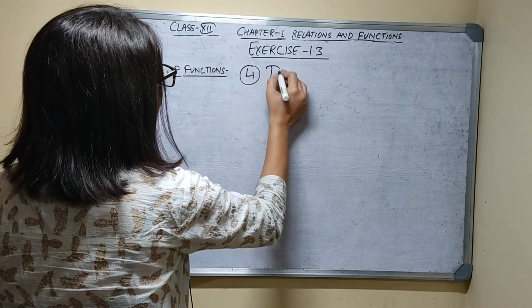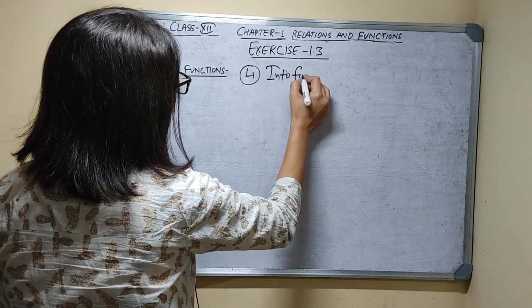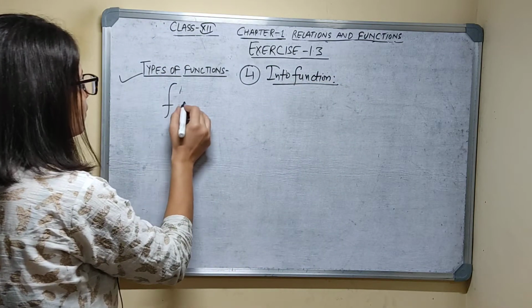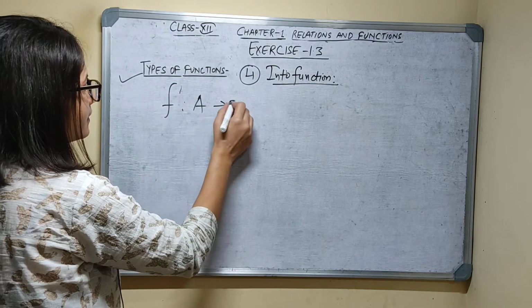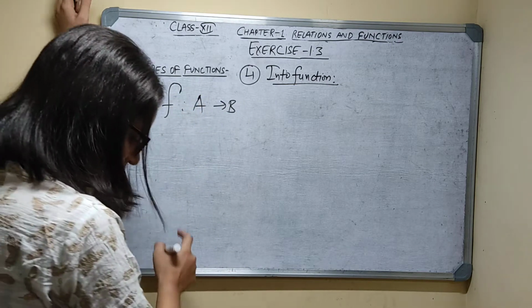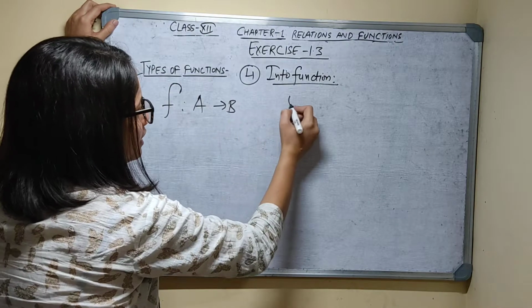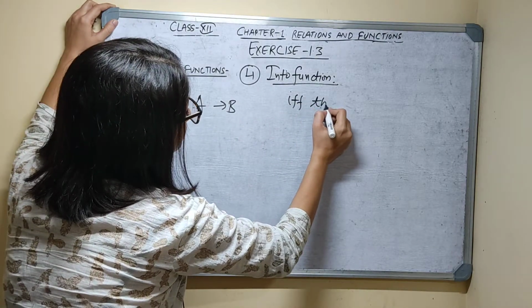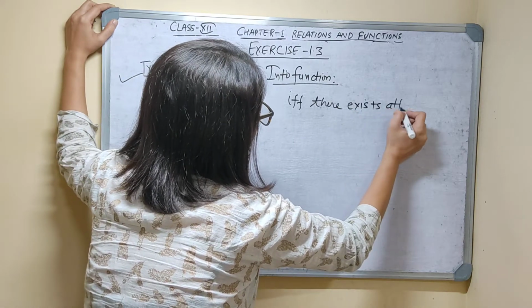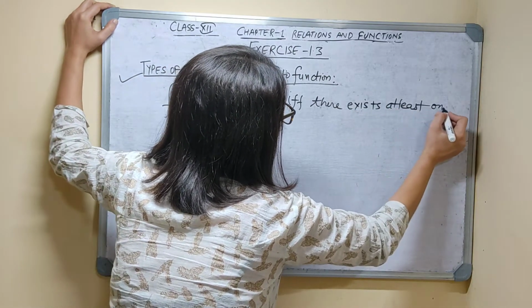What is into function? If a function is defined from A to B, it is called into function if there exists at least one element. What is the condition? At least one element